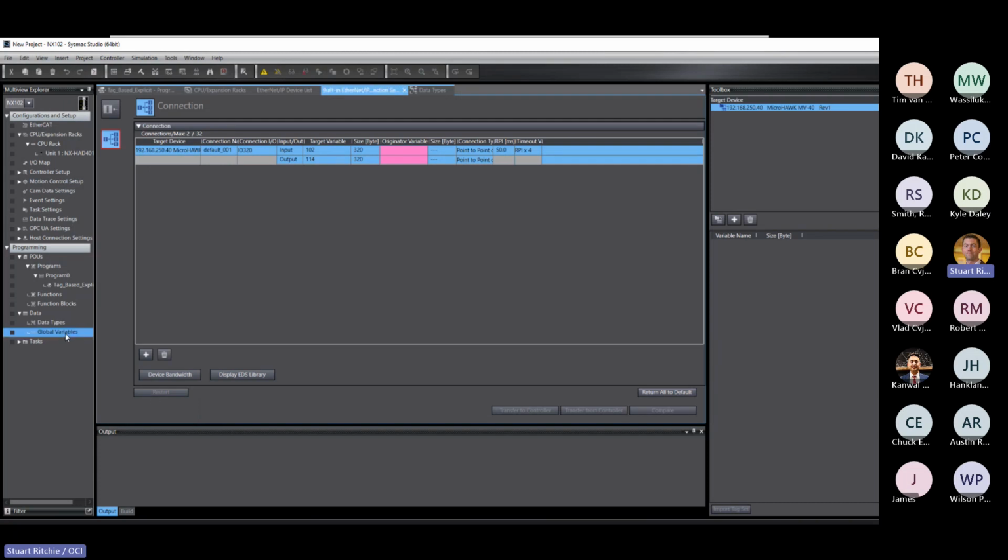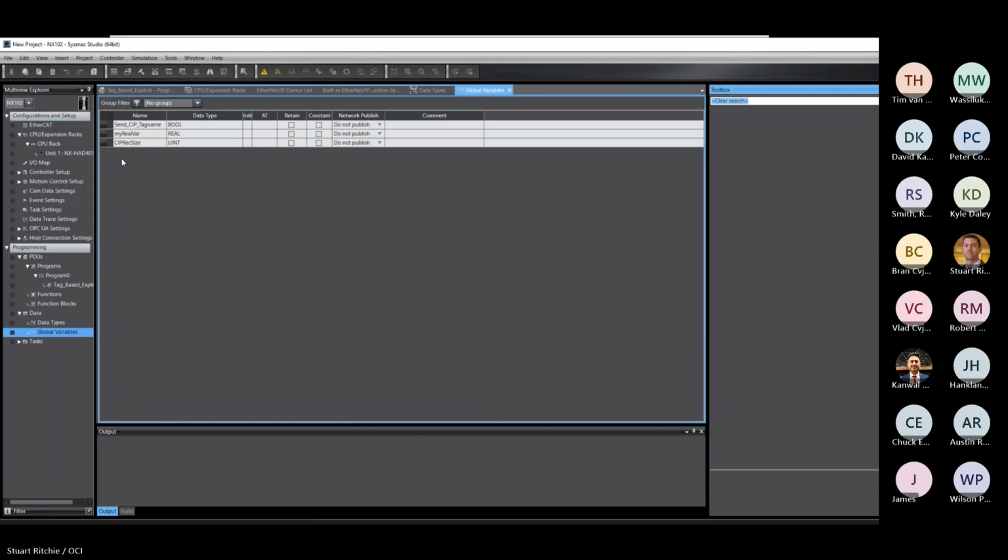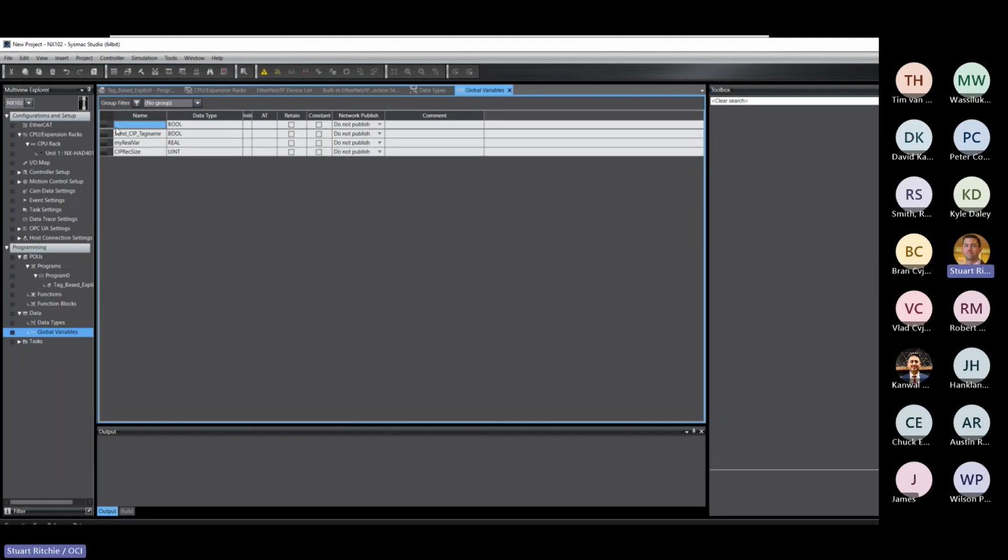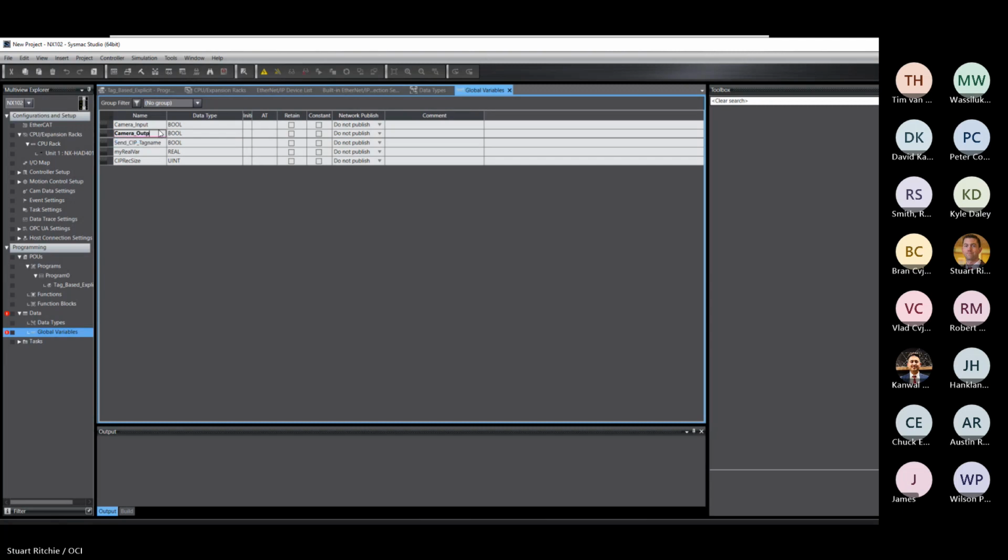So in our global variables, and if you guys are playing along, you can do this as well. You just won't have that data type option. So I'm going to call this camera input and camera output. And the data type that I select won't be an option for you, but you could put byte and then in square brackets 320, and that will let you use this with that connection. But I'm going to use that input assembly 102 structure for my input,